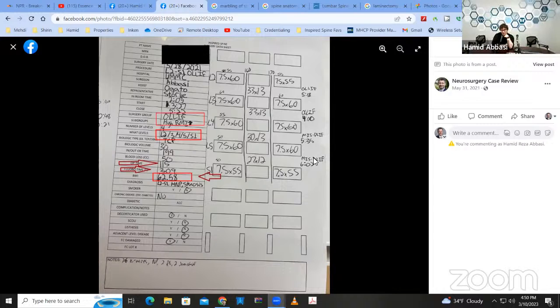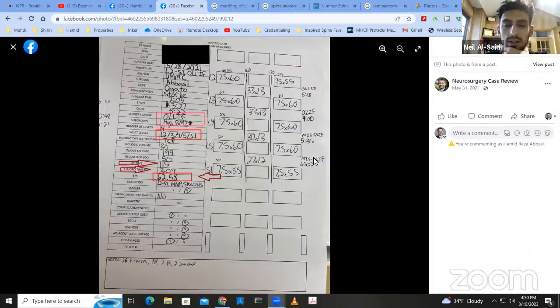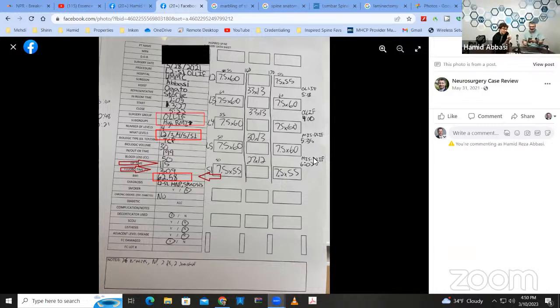Sounds like he's off the phone now. Calling, and we have to finish it up so I can go and take care of the patient. Direct lumbar, is it direct lateral? I believe so. I have a question about, so I see the 2 levels were done with an OLIF, and then next to it you have a note that says MIS DLIF. Oh yeah. Is that direct lumbar interbody fusion?